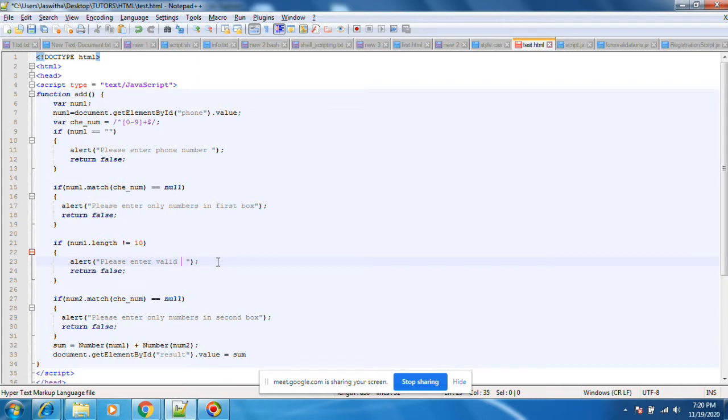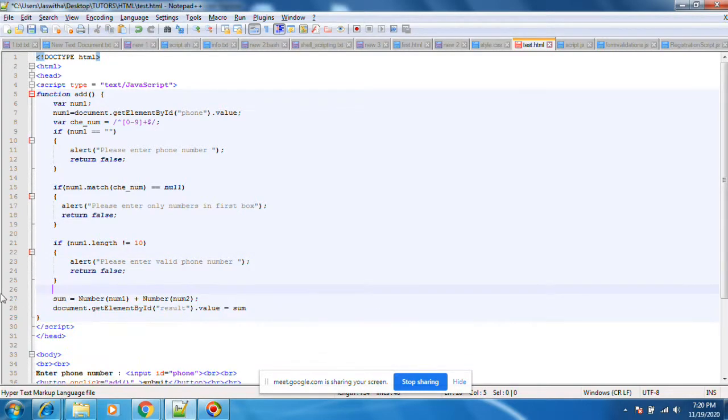Valid phone number. Please enter valid phone number. Okay, these three things we are checking now. Then only submit should work.